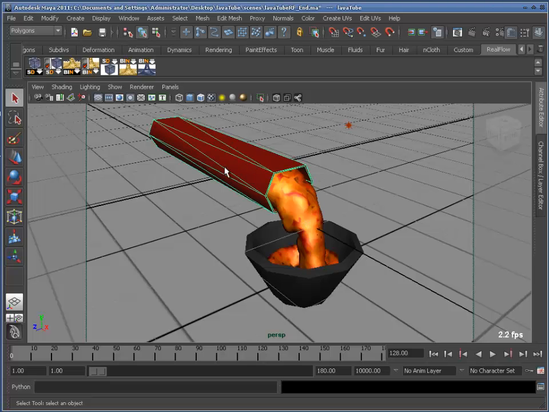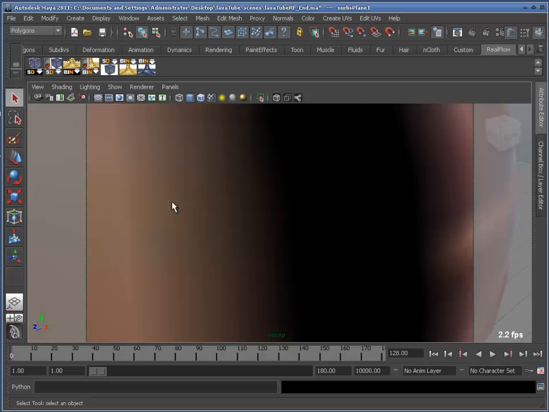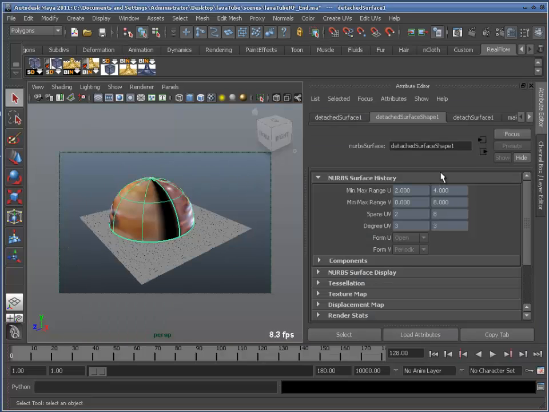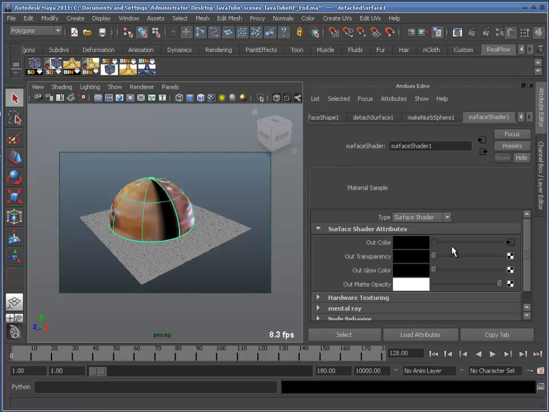And this is dielectric material, mental ray's dielectric material, and this is MIA material X. Okay, single light, floor, okay, and a dome for reflections. So I've applied a surface shader to it. Surface shader,